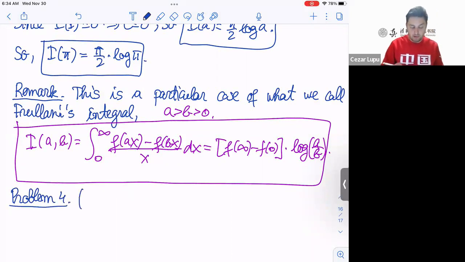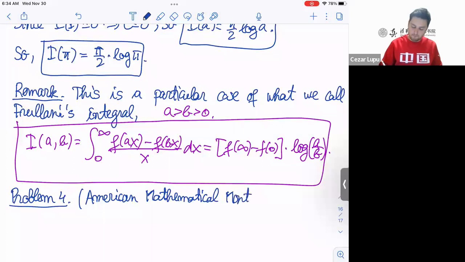Surprisingly, it was proposed in the American Mathematical Monthly back in 2017. The computations are a little bit more complicated than the Putnam one. The statement is the following: prove that